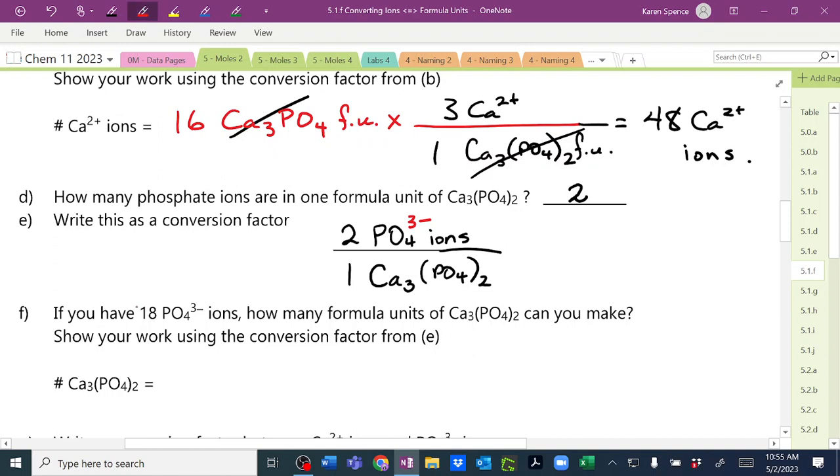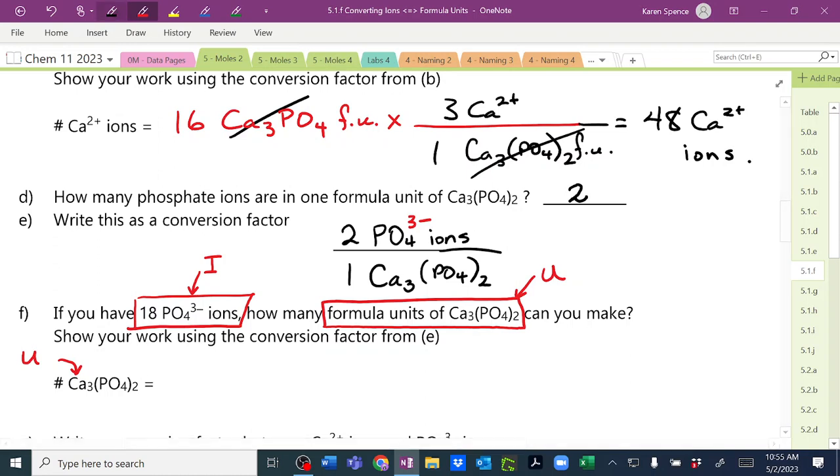So now in our question, if you start with 18 PO4 3- ions, that is our initial quantity, how many formula units of calcium phosphate, that is our unknown. So this is our unknown, which is equal to our initial quantity, 18 PO4 3- ions, times the conversion factor,